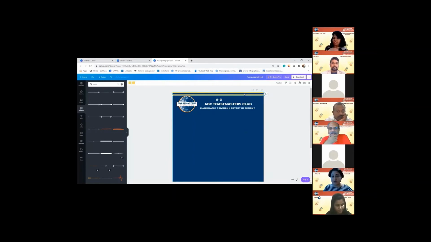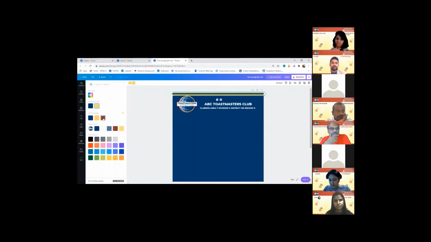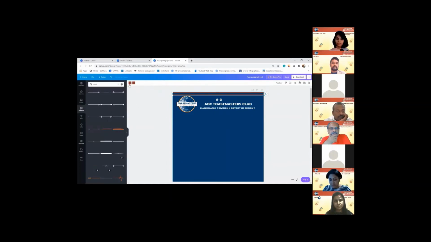But I want to change the color of this. So I can see two highlighted colors because this is already there in the feature. So I'm going to change the color. I click this, change it to band colors. I'm going to click this. Sorry. Yeah. So I've changed the color.